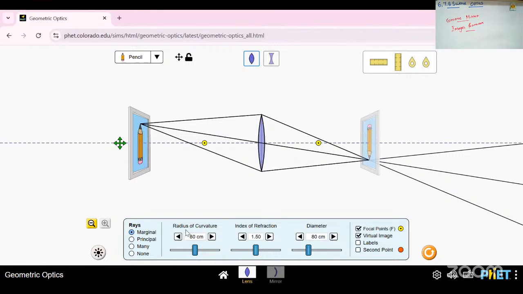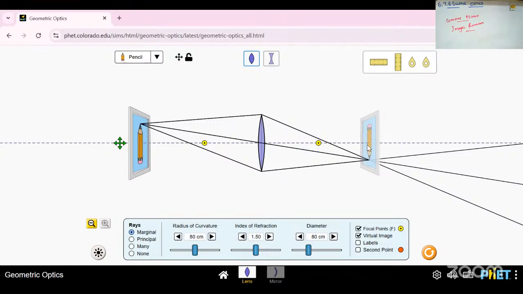So, this is the point of radius of curvature. And the next ones are index of refraction and then diameter. When we make changes in these three positions, the image differs and the lens size also differs. And then the color of the image and the lens also differ when we move this position. So the radius of curvature is 80 centimeter, meaning how the image